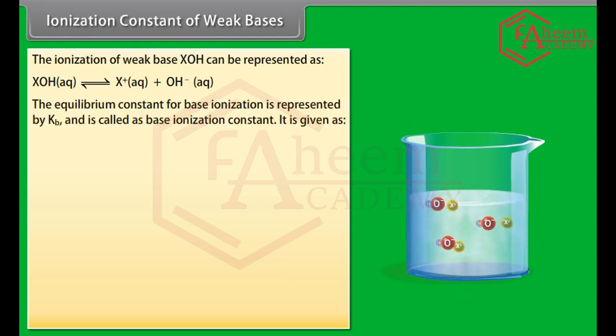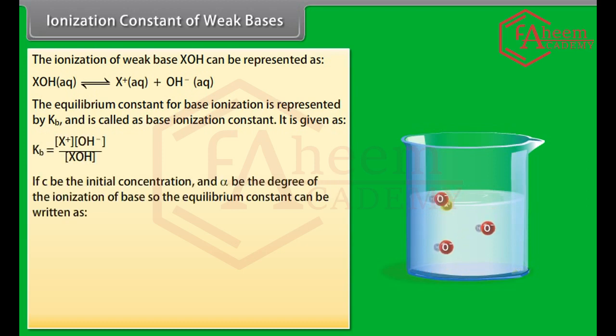The equilibrium constant for base ionization is represented by Kb and is called the base ionization constant. It is given as follows. If C be the initial concentration and alpha be the degree of ionization of base,